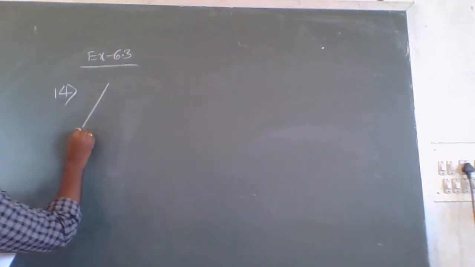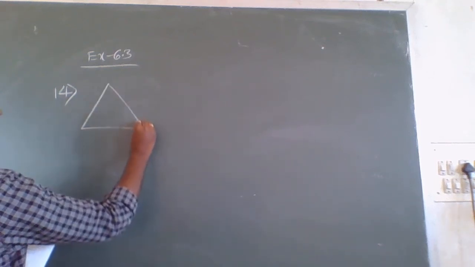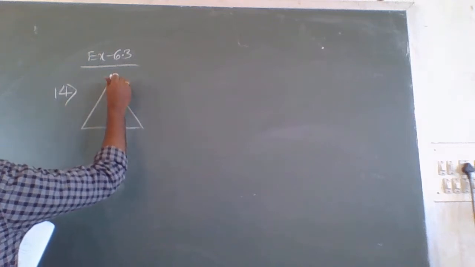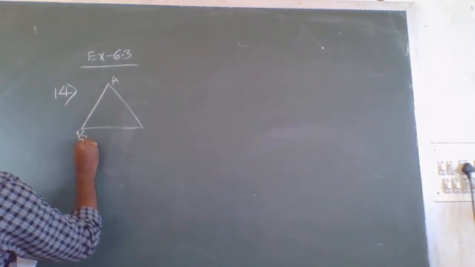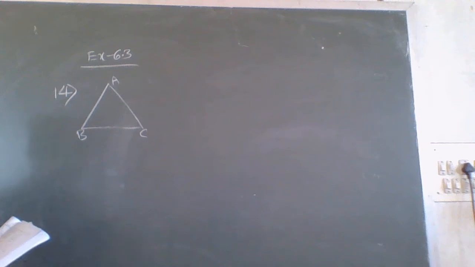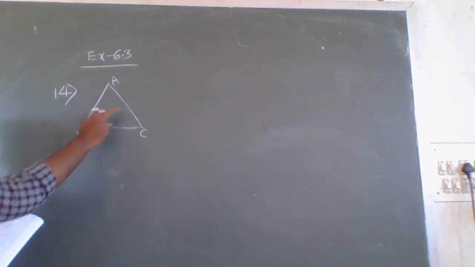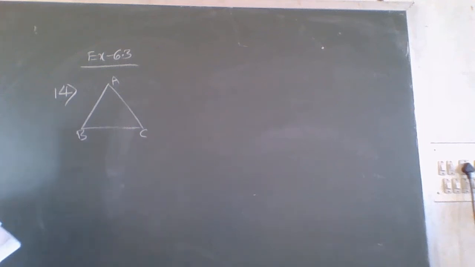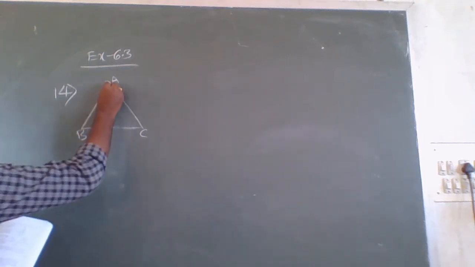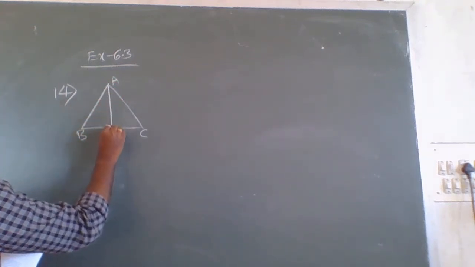Here we will draw a triangle ABC, with sides AB and AC, and the median AD. Here we draw median AD